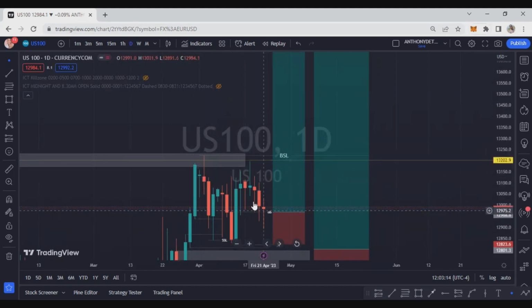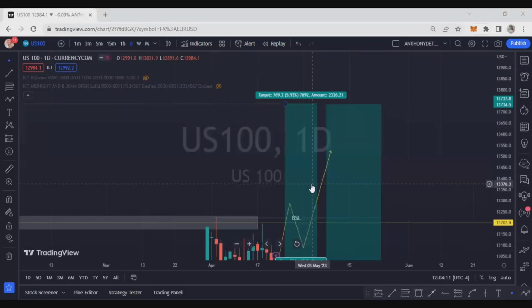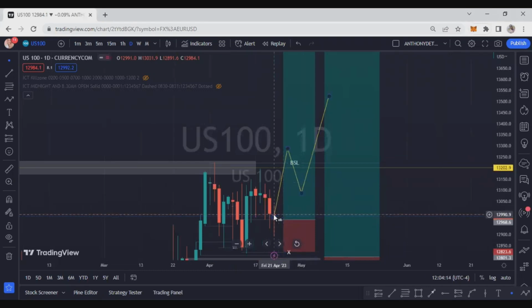So as price didn't close below this daily order block, I'm expecting price to continue moving up from here. It's just a two-way something here. Because from here, the way this candlestick closed, I'm expecting a movement from here. Pick out this. Come back to. So this is just a personal view. I'm expecting price to, from here,